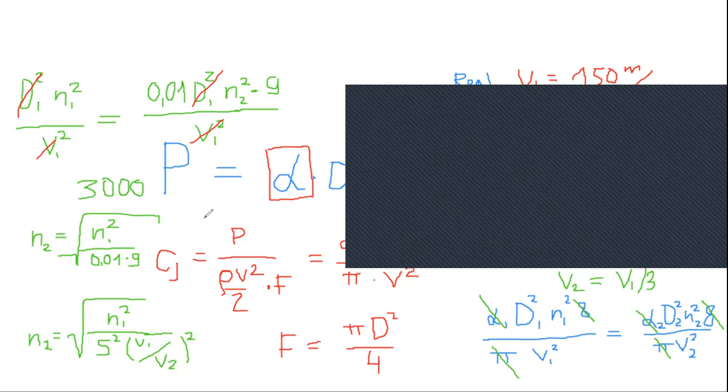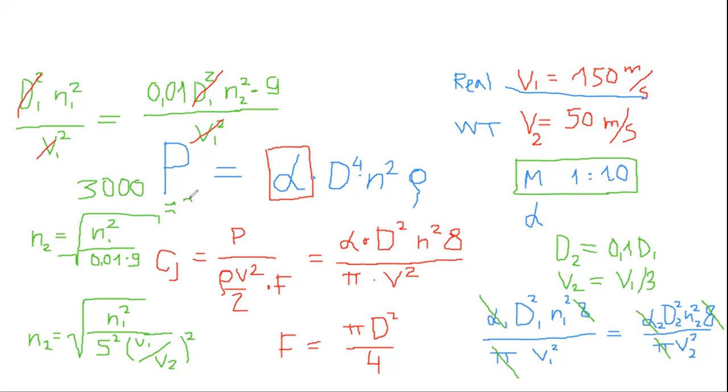So I obtain a value near 13,000 RPM for the model. We have an increment in rotation speed of 10,000. Oh no, 10 times. So we have just 3,000 for the real aircraft and 31,000 for the wind tunnel model. It's a very big speed,